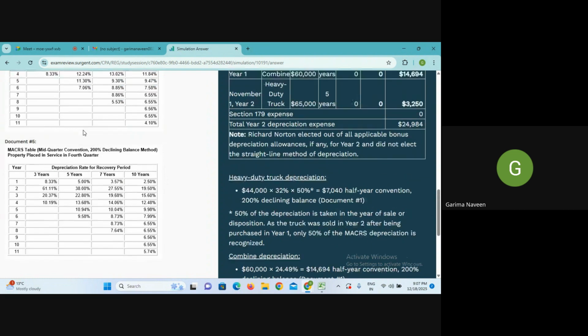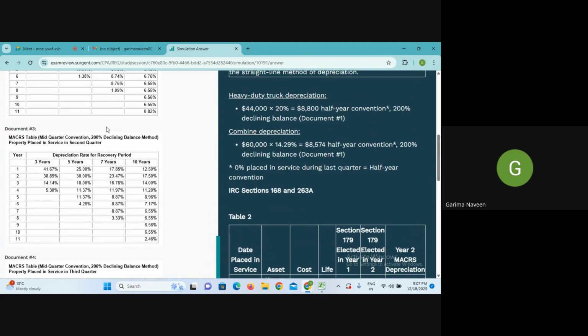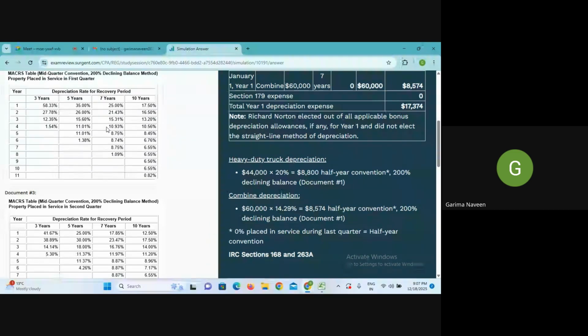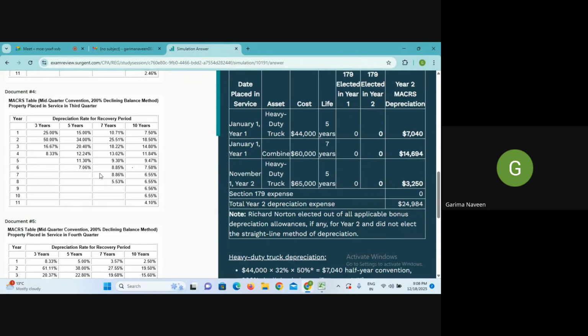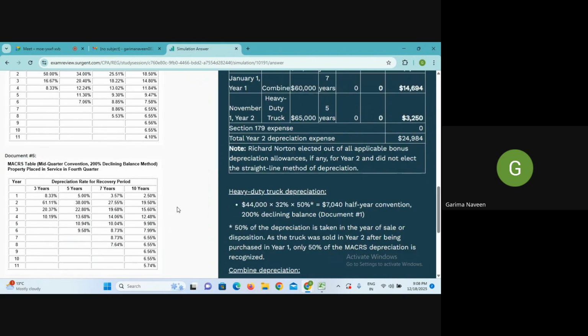ये चीज समझ में आई। ये बाकी क्यों दे रखे हैं, क्योंकि आपके पास हमेशा ये तो नहीं है कि आप एक साल में एक ही असेट यूज कर रहे हो। अगर आपके पास 4-5 असेट एक साथ आपने सर्विस में डाले हैं, तो 4-5 असेट की डेट चेक करोगे, जो जो लास्ट क्वार्टर में है वो चेक करोगे क्या वो लास्ट क्वार्टर वाले उन सभी असेट का 40% बन रहे हैं या नहीं बन रहे। बन रहे हैं तो फिर आप ये मिड क्वार्टर यूज करोगे, और फिर ऐसे करोगे कि जो असेट फर्स्ट क्वार्टर में यूज किए गए हैं उनके लिए यहाँ से परसेंटेज उठाओगे, जो सेकेंड क्वार्टर में प्लेस किए हैं उनके लिए यहाँ से, थर्ड में प्लेस किए हैं तो यहाँ से, फोर्थ में प्लेस किए हैं तो यहाँ से। इतना क्लियर हुआ।